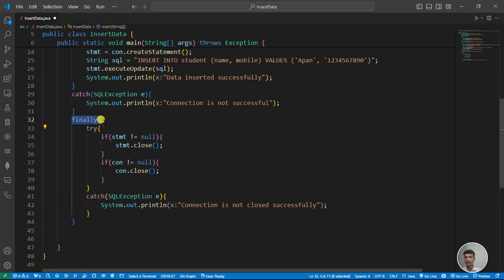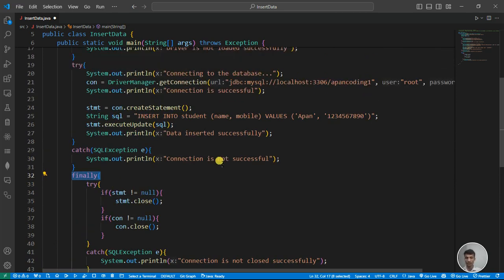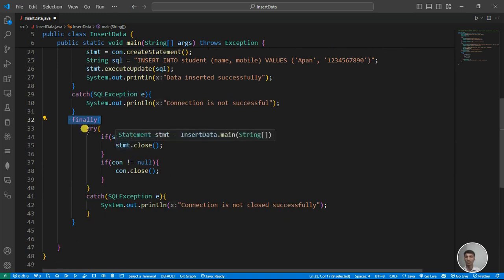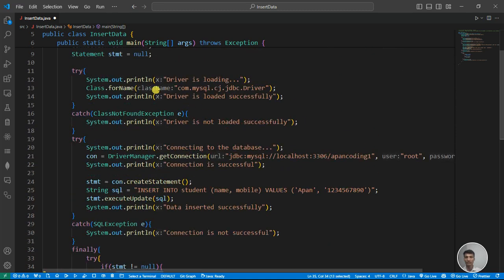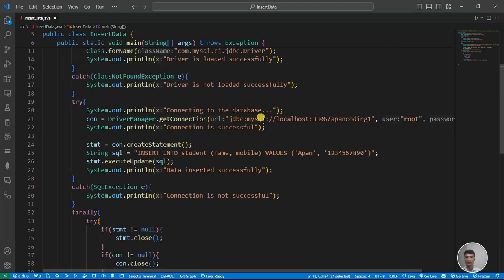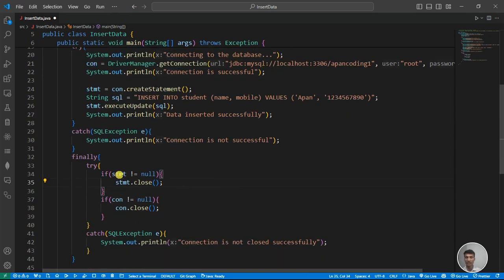And after that, the finally block: every time, whether your try and catch block executes or not, no matter what, your finally block will always be executed, right? You know very well. So in the finally block I'm using a try and catch block again, because I'm also going to close the connection. Here we are loading the driver, and also here we are establishing a connection to the database, storing it in the con variable, so that's why we need to close